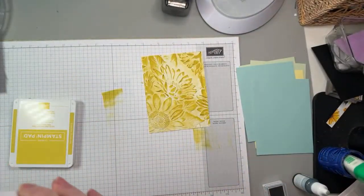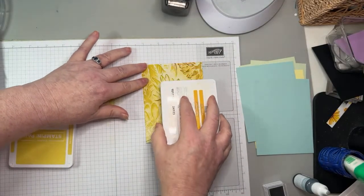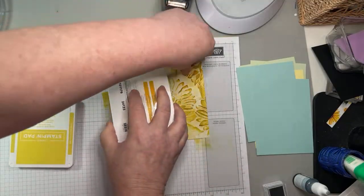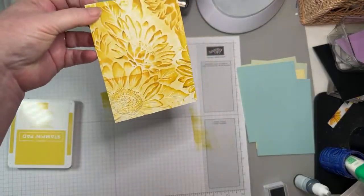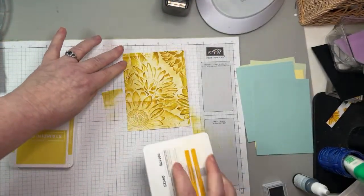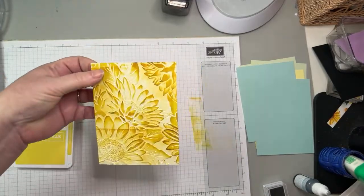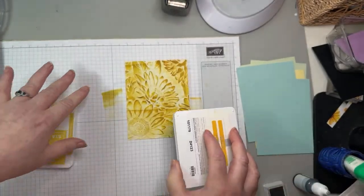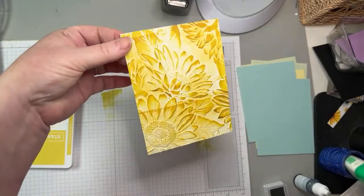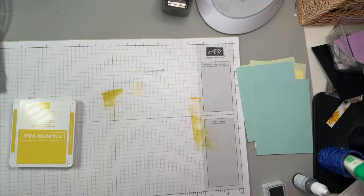Let's try maybe some Crushed Curry on top of that, slightly to darken it up. Ooh, and I'm just going to splatter that. Oops, I got a little heavy right there with the ink pad, but that's okay. You definitely want a very light hand on this and just kind of splotch that. Look how stunning. Oh, I'm excited. Okay, Patty, I feel it. I mean, we played with it last Saturday,